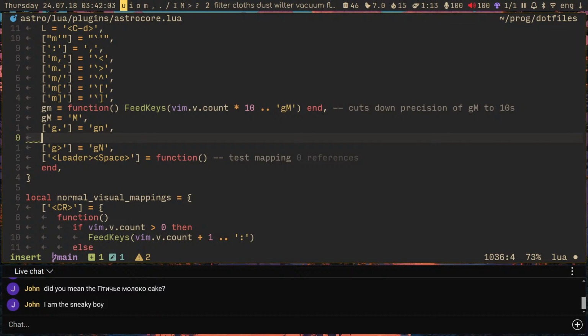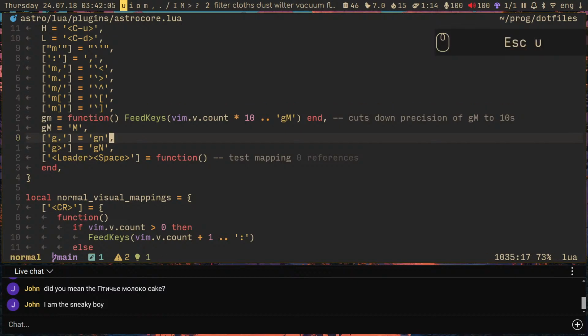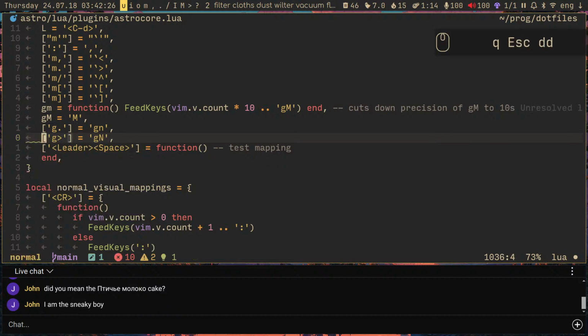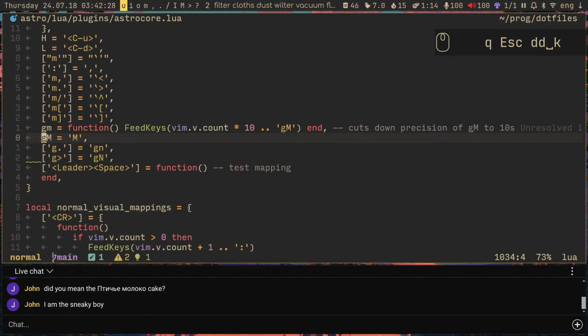It immediately does the action that you want. If you mapped something to OF, now once you press O, it won't immediately add this new line. It will wait for your next input. If it is F, then it will execute your mapping, but if it is anything else, then it will just continue on normally. But while this is an approach that some people use, I don't recommend it, because